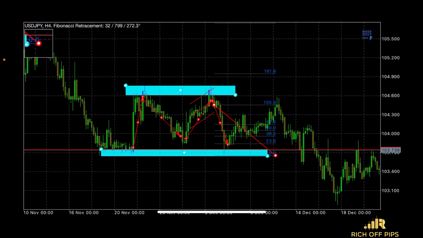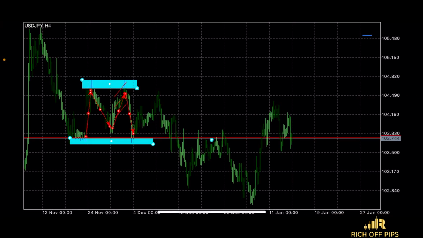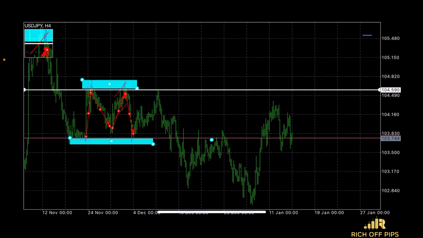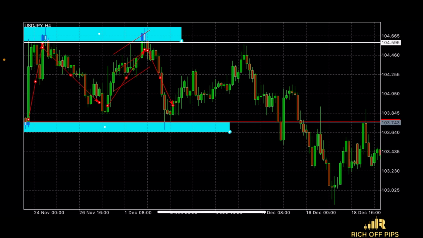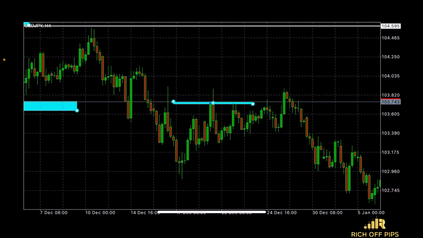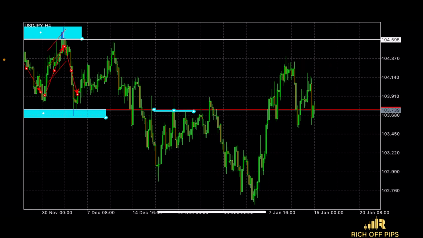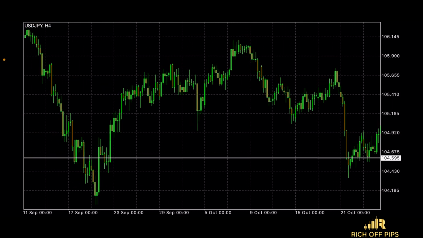I like to use horizontal lines, so if I mark up a support, or maybe I want to mark up a certain price area, when I look to my left and right, maybe I want to watch out for price if it comes back near that area. So use horizontal lines,